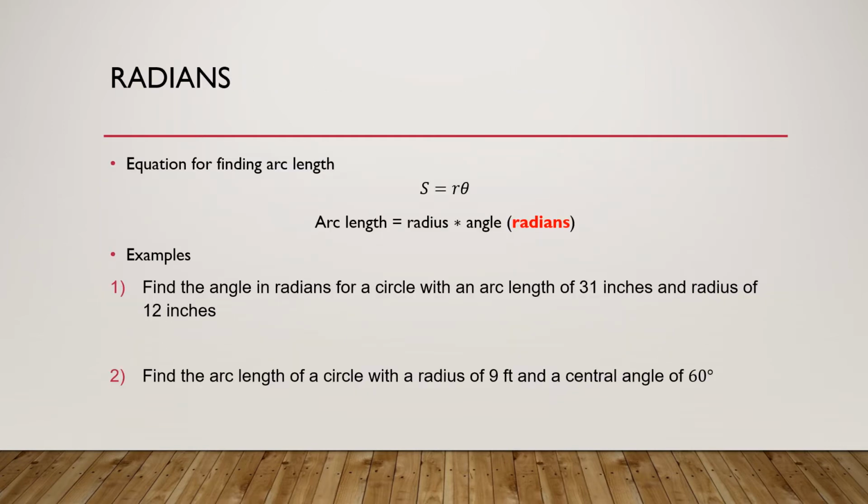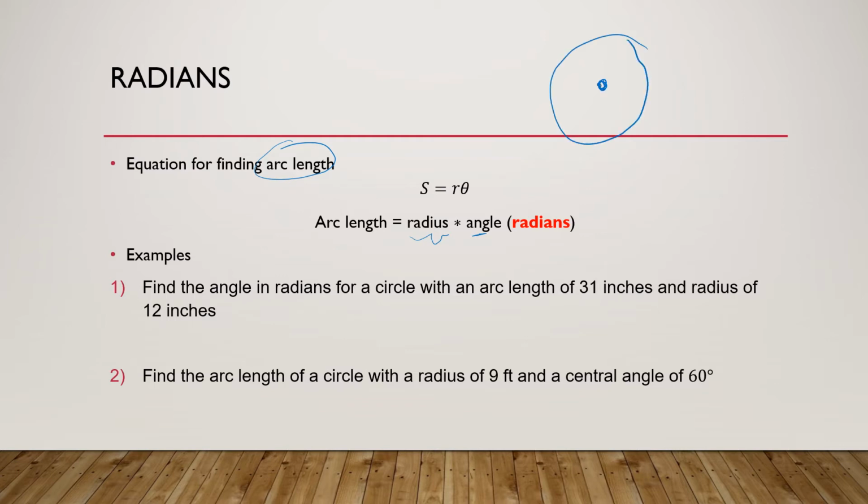One thing you might remember from Algebra 2, finding arc length. Before, you've probably done it with degrees. Now we can do the same thing with radians. It's actually a simpler equation here. S stands for the length of the side. And remember, we call a piece of a circle, which is just a piece of the circumference, an arc. To find the measurement of that, you can't just lay a ruler on it because it's curved. But one thing you can do, if you know the radius measurement, and you know the angle that corresponds,